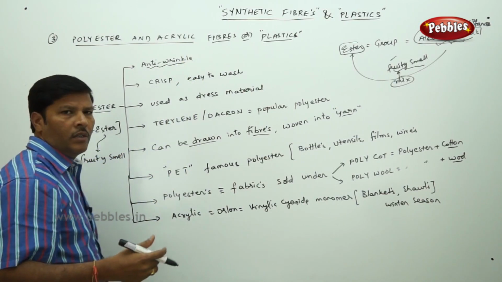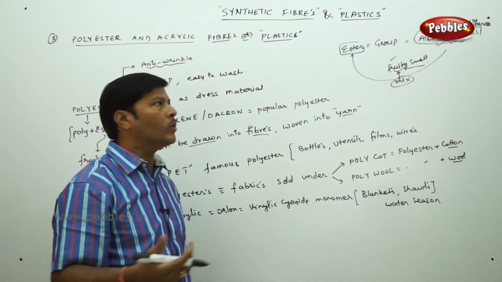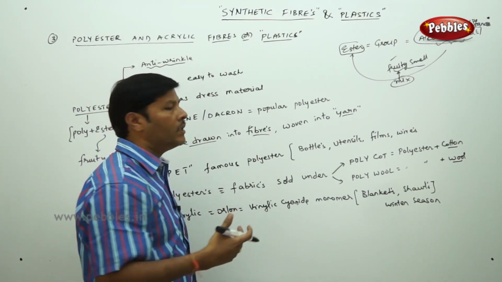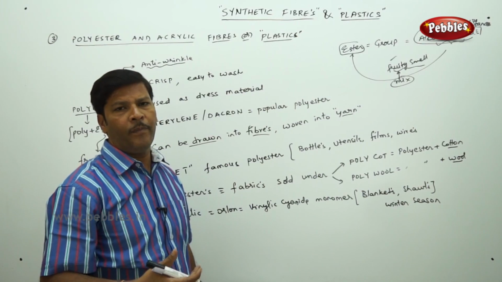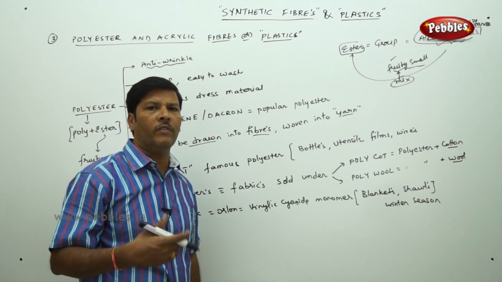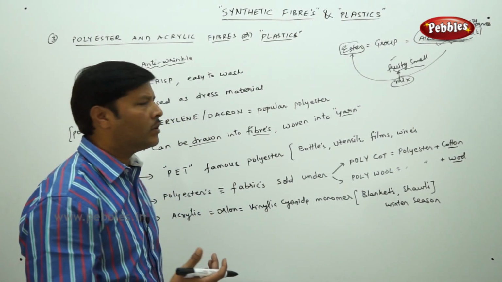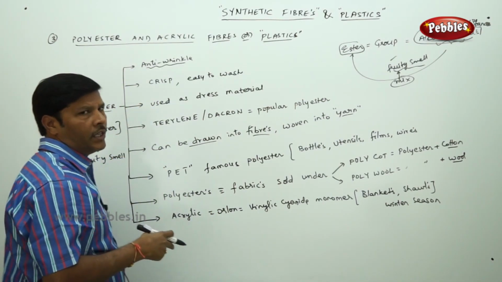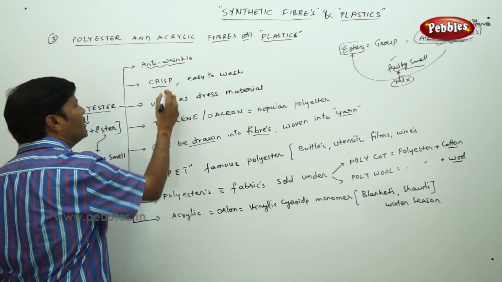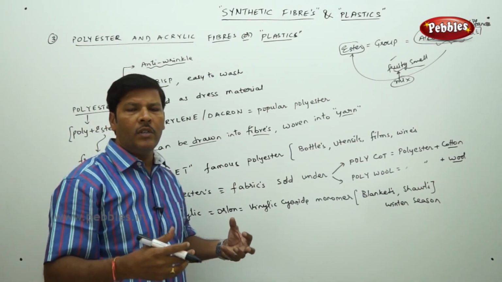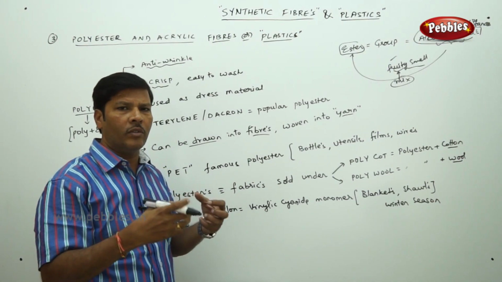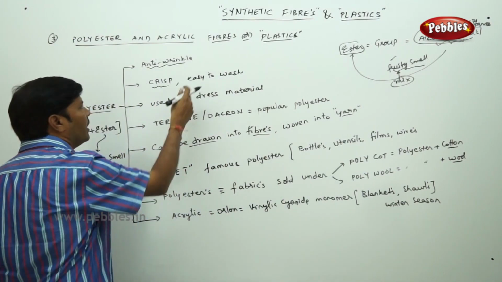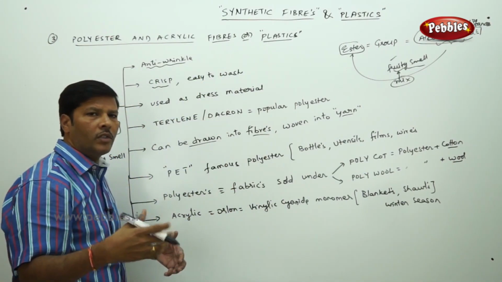In daily life also, when we go for purchase of our wardrobes, we try to see that the majority of the clothes which we wear are anti-wrinkle, because anti-wrinkle is always an advantage when you want to avoid ironing the cloth. So these polyesters have the most distinguished advantage of anti-wrinkle nature. Then they are crisp, in the sense the fibers are fixed in their positions. They do not get folded so easily, so they are firm in their positions and they do not change their texture. That is crisp, and they are easy to wash because they are insoluble in water.